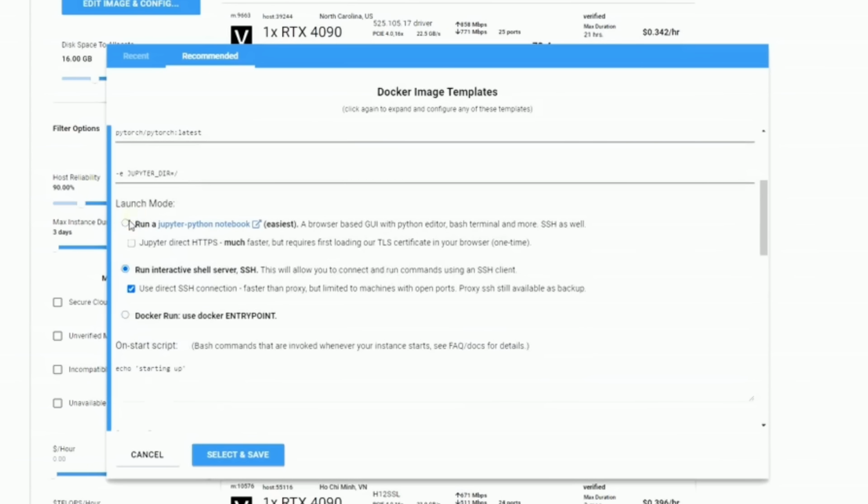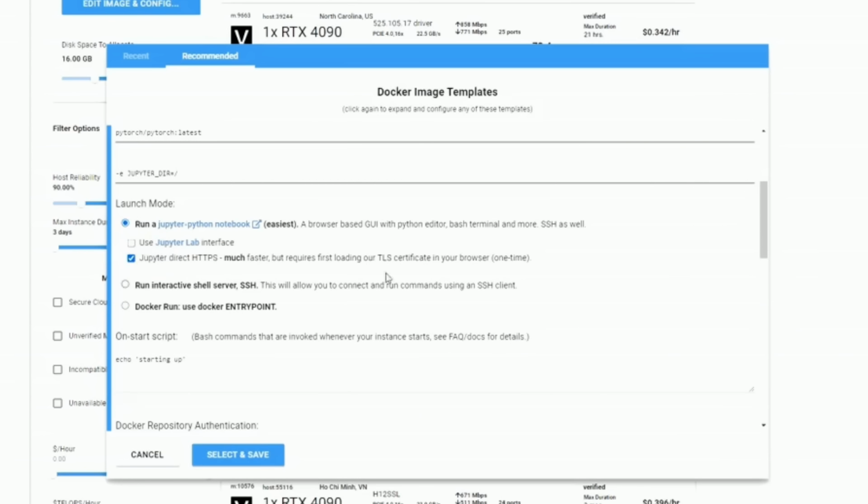Jupyter, we have in a similar way. Jupyter, we have a direct option, which is much faster, but will require for you to install a certificate in your browser. So I will step you through that, but